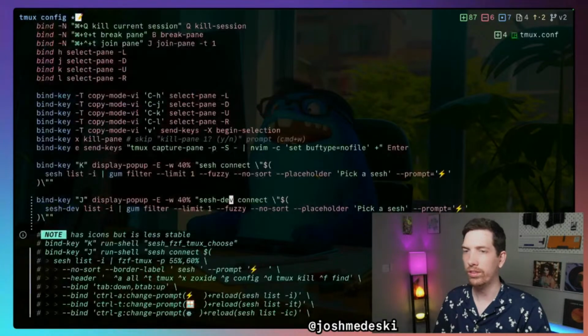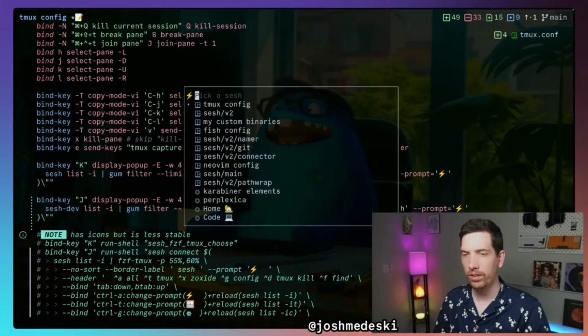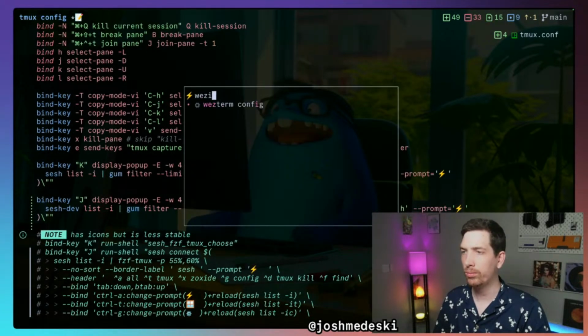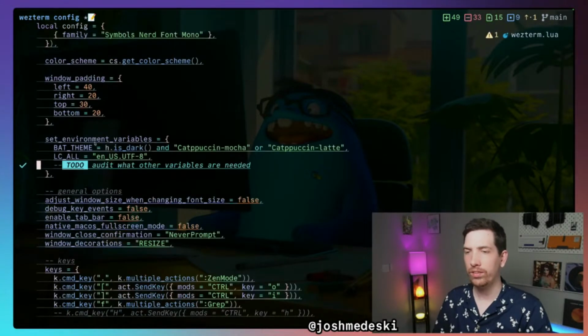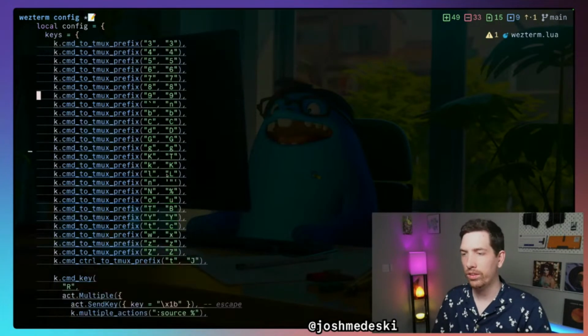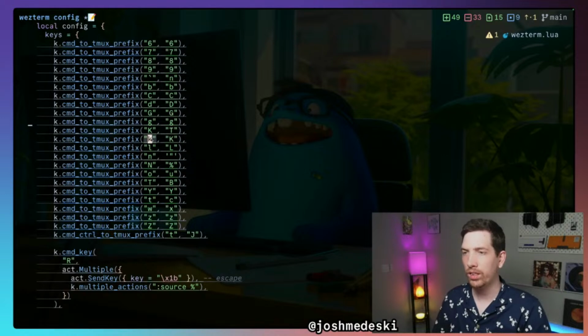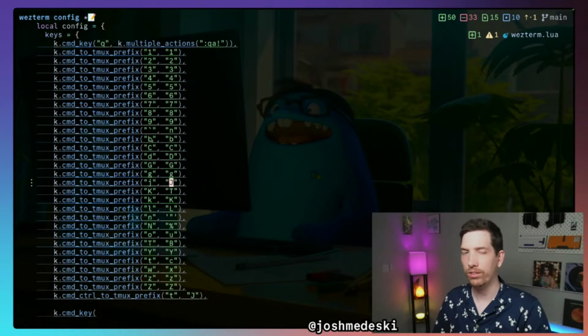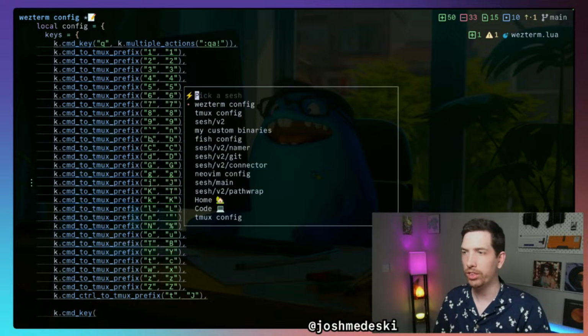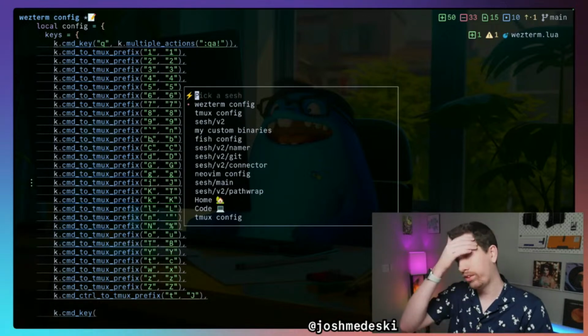Let's see. Is my binding there? Is my west term config there? This is J. J is capital J. All right, cool. So now if I do capital J, we get,